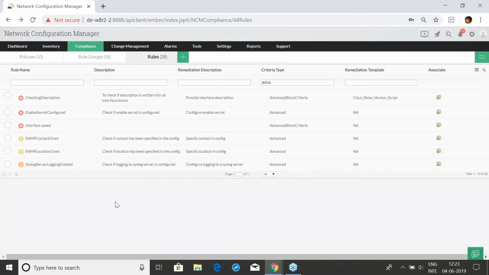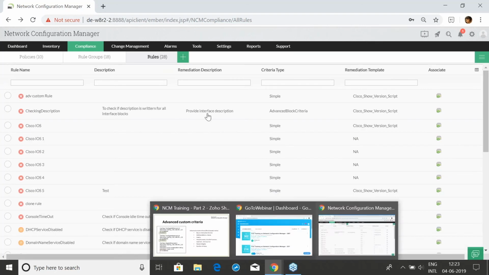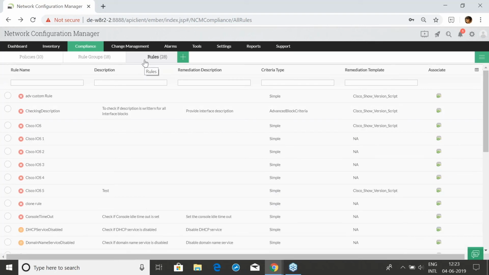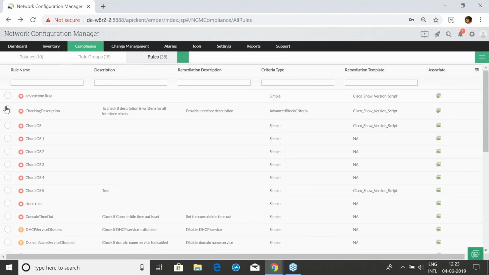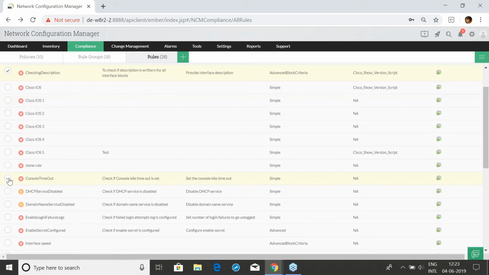So now we saw everything about all the compliance criteria. Now let me tell you how to execute compliance. So all you have to do is group the rules into a rule group. For doing that, all you have to do is to choose the rules which you want to group into rule groups and click on